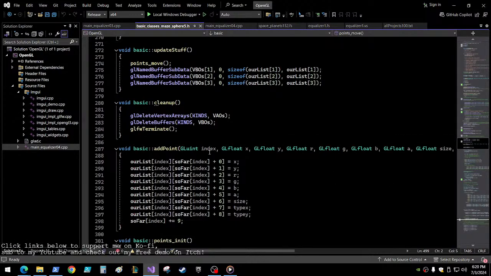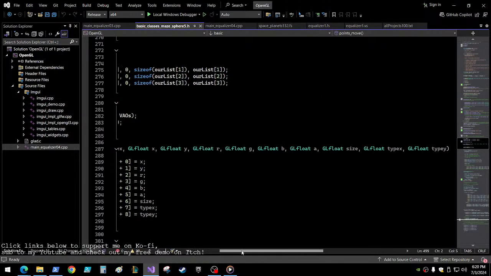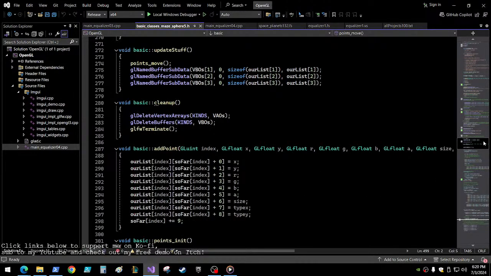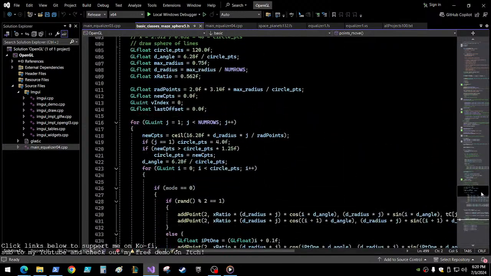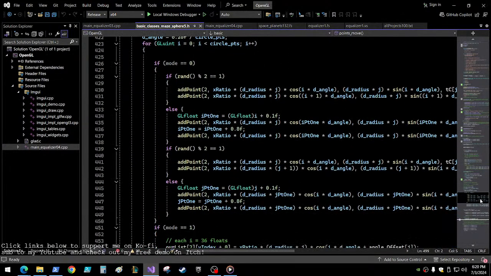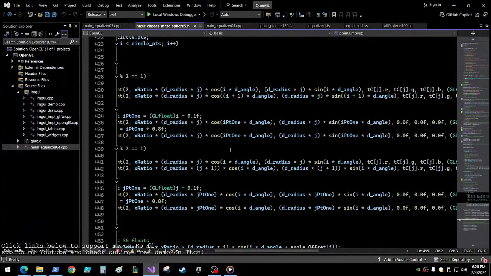So index XY, RGBA size, type X, type Y. Okay, so add point is where we do the scaling. Actually, it has X ratio, and then it's got the Y. Okay, so we just need a scale factor. And we already have the X ratio on there, so